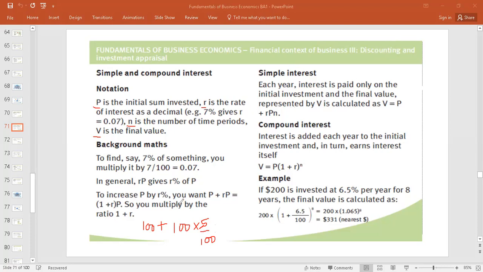See, let's say 100 is invested. In this example, by the end of the first year, it would be 105. Simple interest says that every year interest is calculated on the face value. If the interest amount is 5, then for as long as the amount is invested, per annum at the rate of 5%, the same amount will be paid. That is simple interest. But in case of compound interest, we know that by the end of the first year,